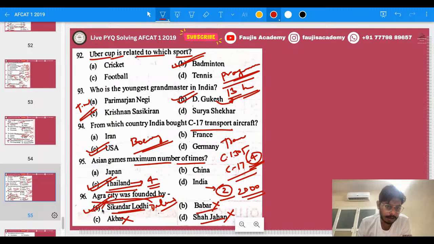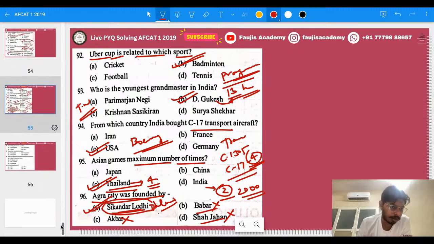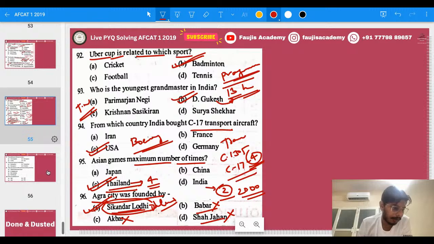So Sikandar Lodi was the person behind. He was the first person to move his capital from Delhi to Agra. Okay, but when he was gone, when there was a dominance of the Mughal Empire,